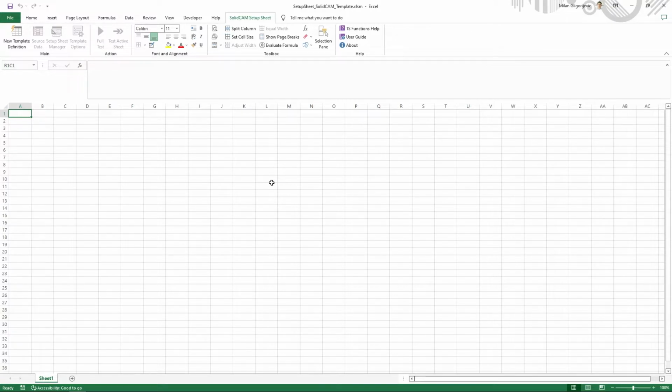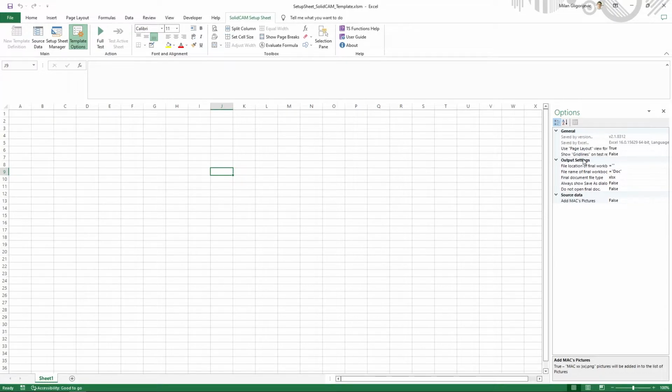And now it's saving our template. All right, so next thing we need to do, open up our 3 tabs here for template definition. So let's open first template options. Here we have some basic